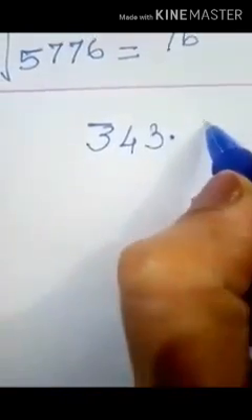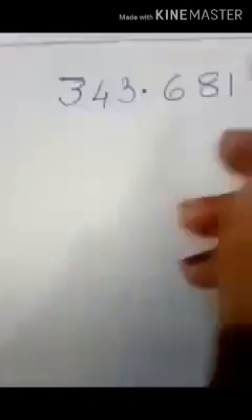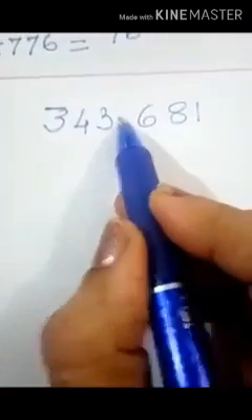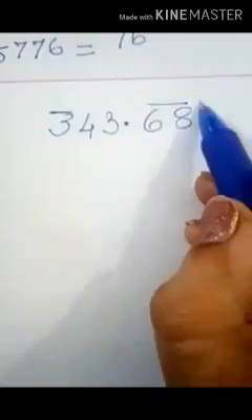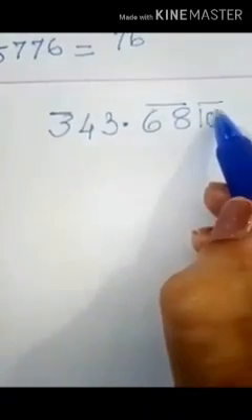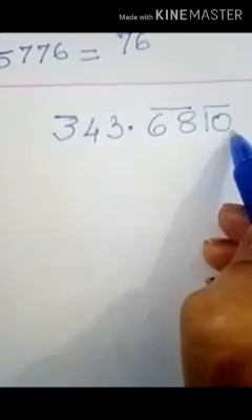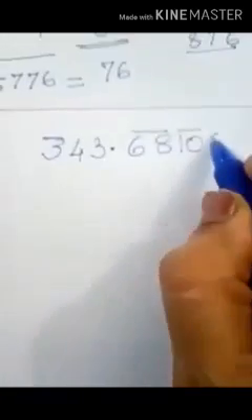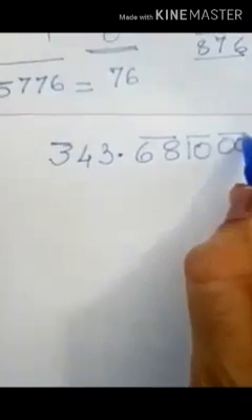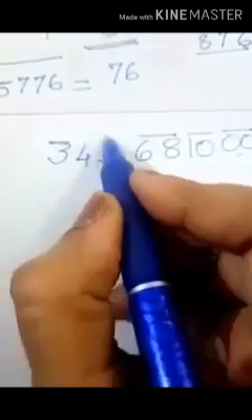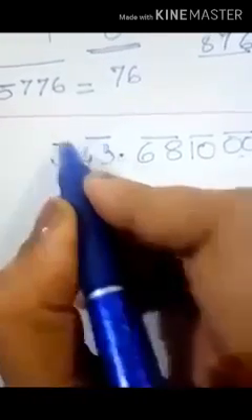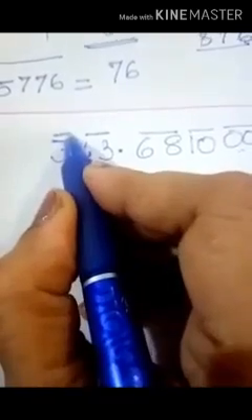Let's suppose the number is 343.681. Now we'll start grouping from the decimal. Right hand side this way 2, and then this number is left alone, but we can always add a 0. After decimal, zeros have no value. We can add as many zeros. We can write 2 more zeros and put them under a bar, which means we can group them. But on this side, the integer part, we have to group like this: 43 will be under one group and 3 will be under another group.